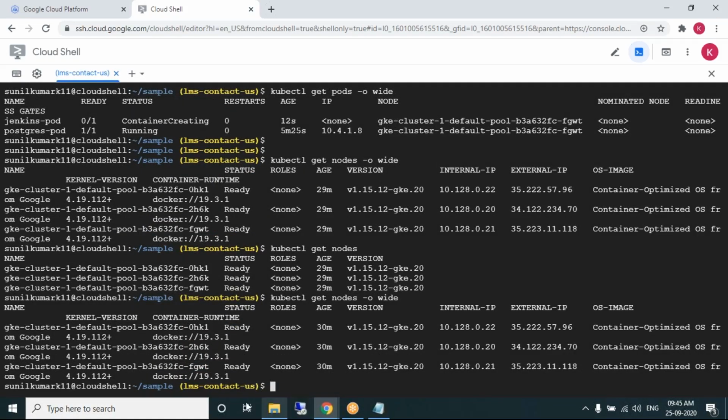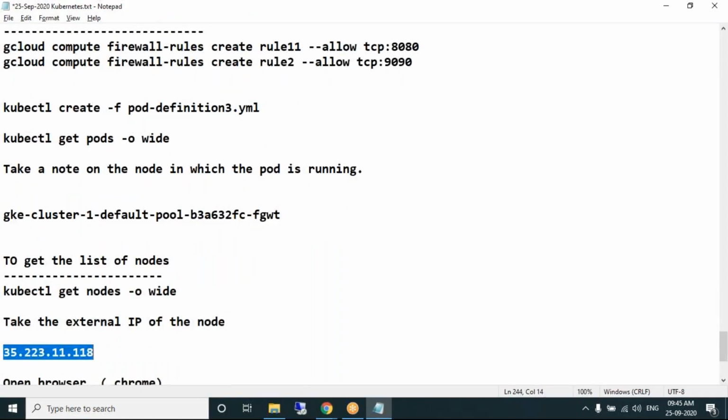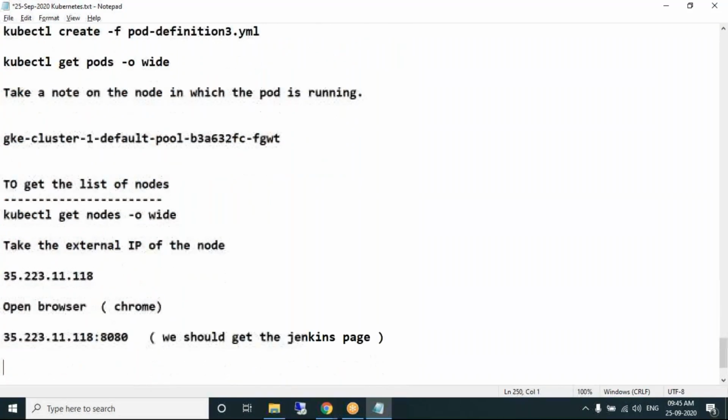This is our last node, FGWT, which has an external IP. This is the public IP. Once I know the public IP, I can access it: public IP colon 8080.